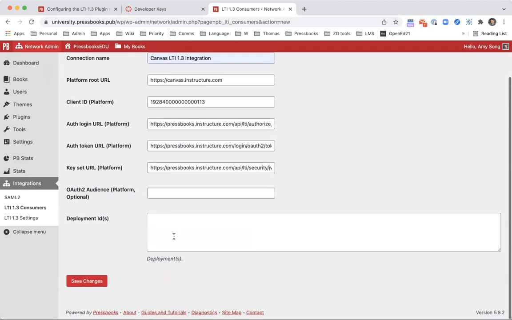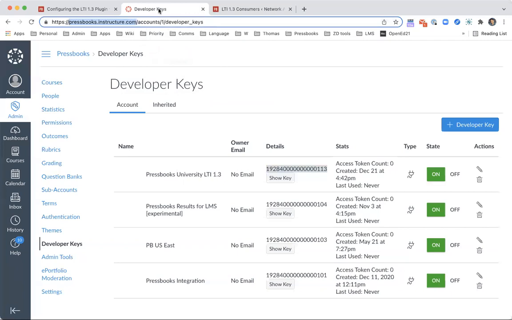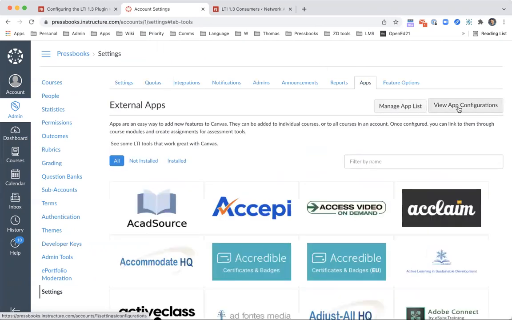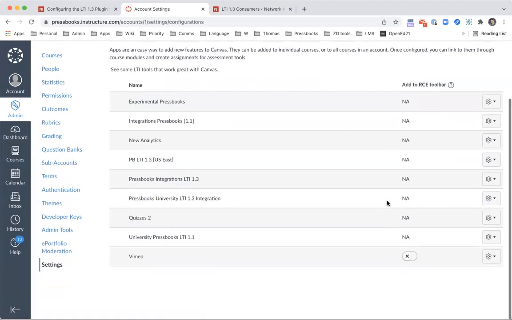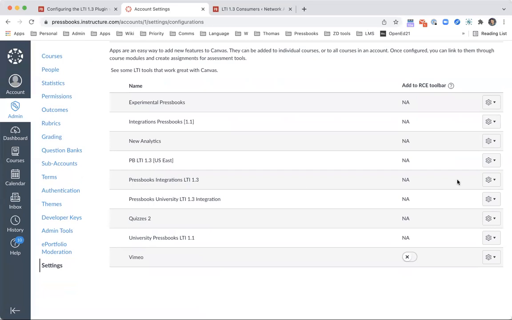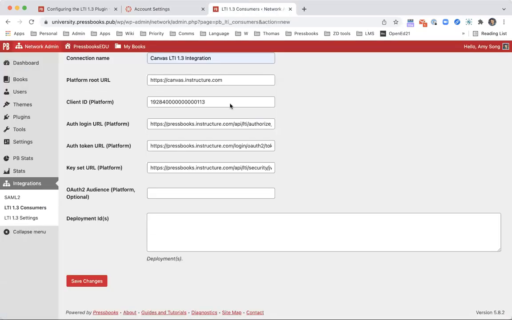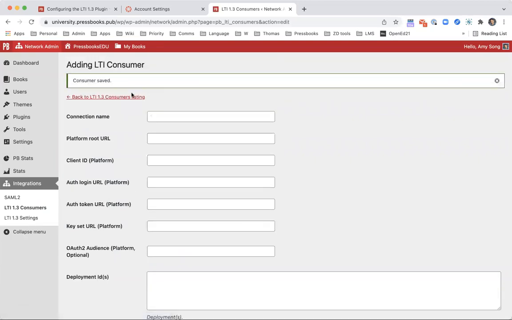There we go. And then the last thing you need is the deployment ID. So go back into Canvas and go down to settings and find the app that you had created. So down here, you'll see that I have my app here. I'm going to click on the cogwheel as I did before, and it gives me my deployment ID that I had made. And once I copy and paste this into here and save changes, you'll see that